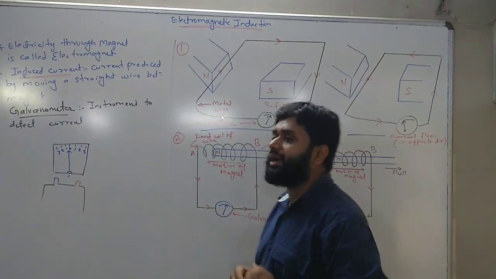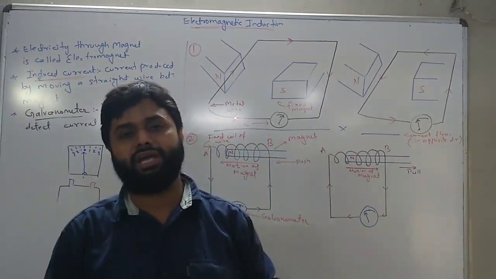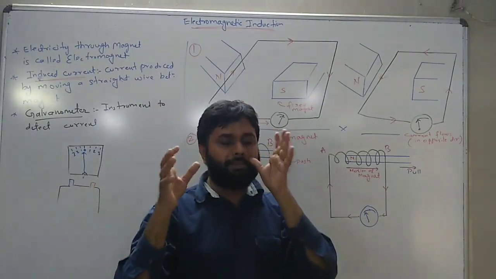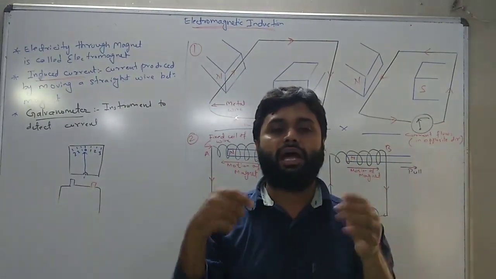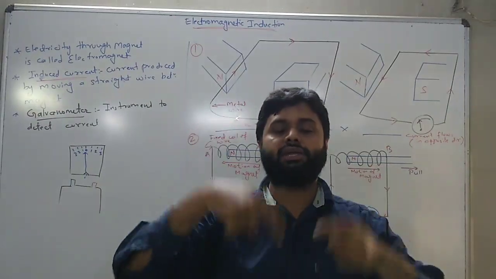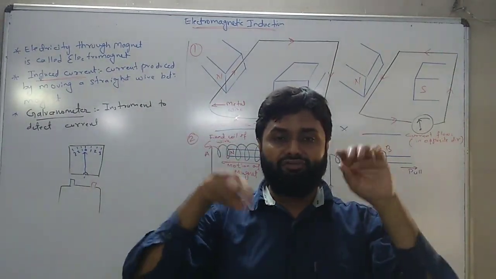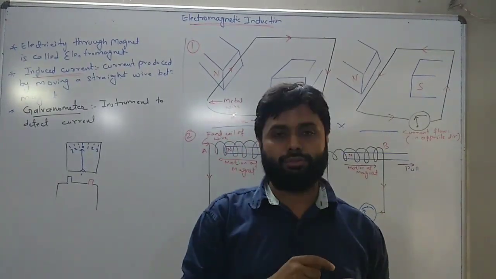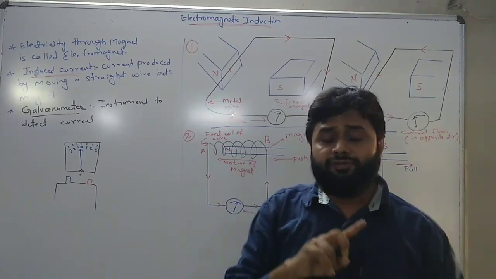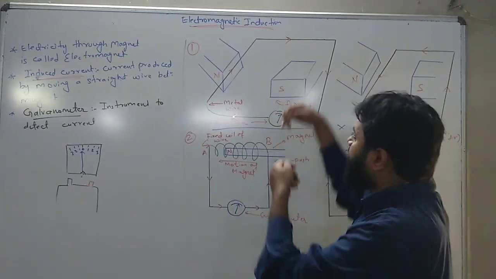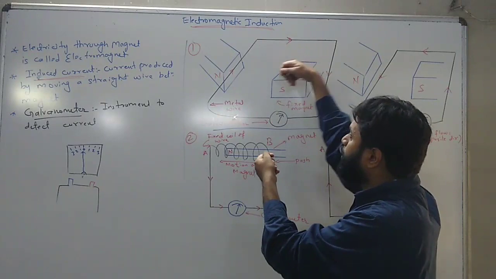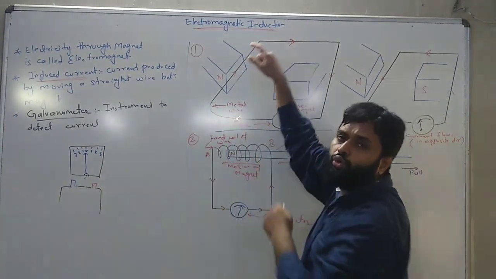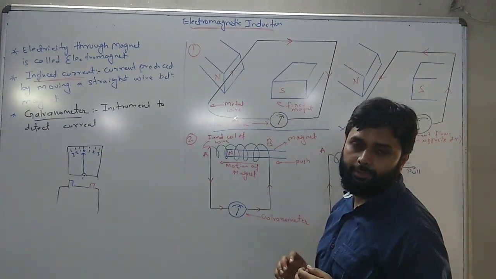These two experiments were done by Faraday and Henry. These two scientists concluded that if we fix the magnet and the wire is moved, current is induced in the wire. If we fix the coiled wire and the magnet is moved, then again current is induced. There will be no current if we keep the wire fixed and no one is moving. If we fix the wire like this and we are not moving, no current will be detected in the galvanometer.